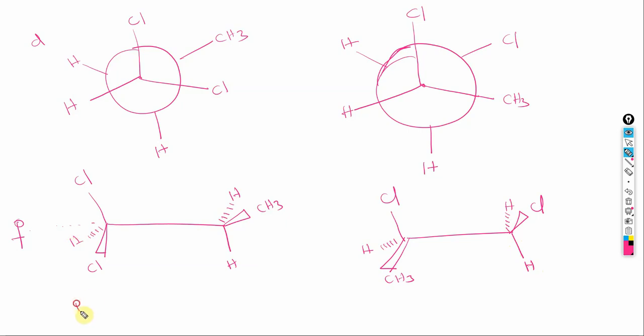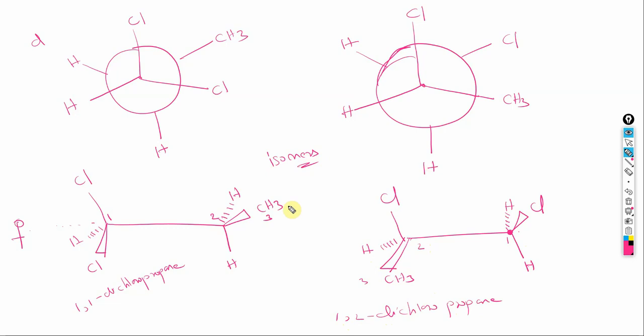So this is going to be 1,1-dichloropropane, because that is carbon 1, carbon 2, carbon 3. Whereas this is going to be a 1, 2, 3, right? And of course you have to start numbering from this side. This is going to be 1, 2, 3. So 1,2-dichloropropane, and these two are therefore different molecules, and yes, they are isomers of each other,